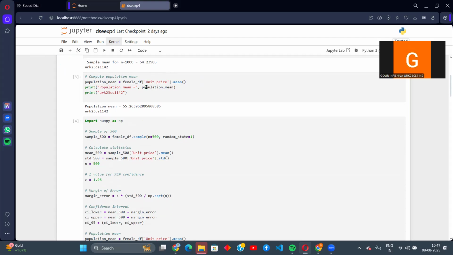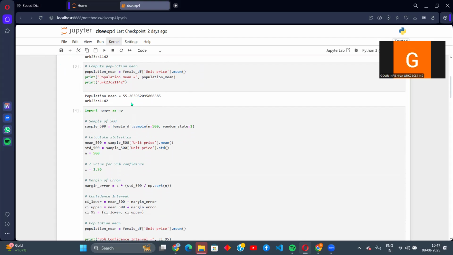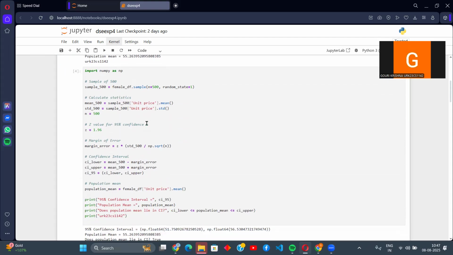Basically, here there is no sampling. It calculates the mean of unit price across the entire population, and it serves as a baseline to compare sample means against. And this is the output for the third question: the total population mean is this. And the fourth question is the 95 percentage